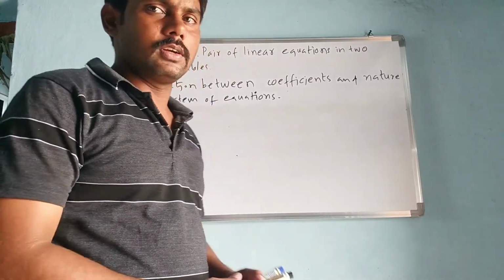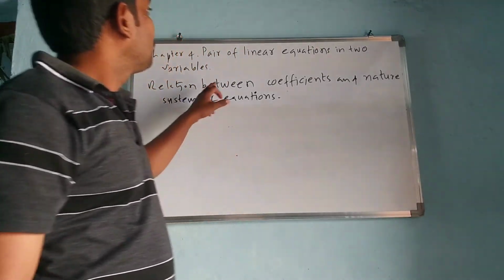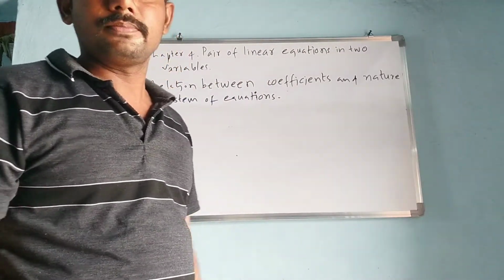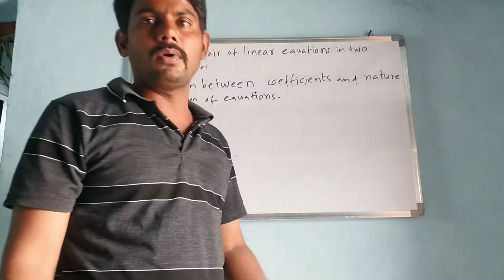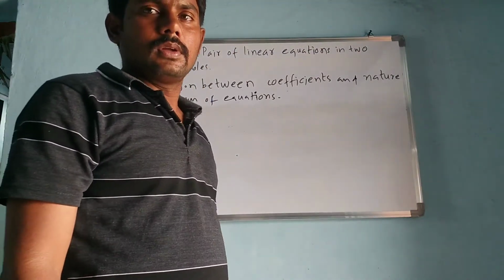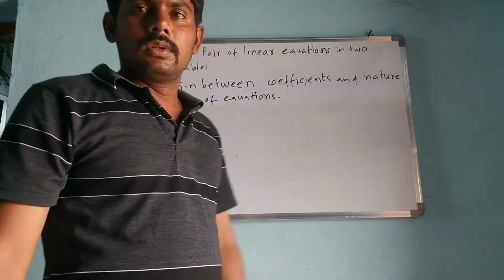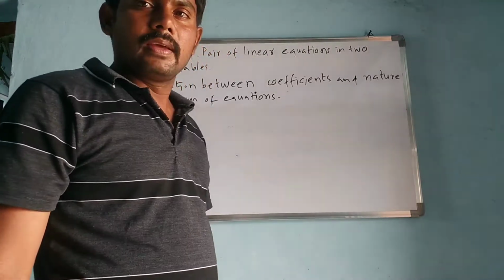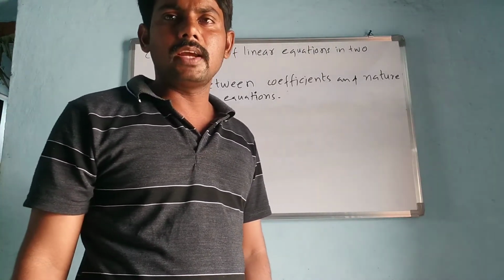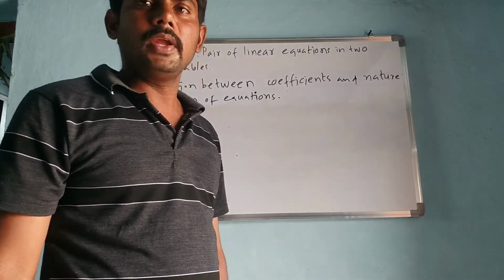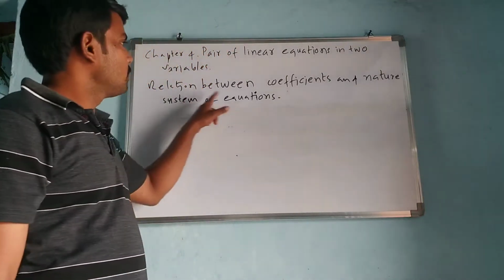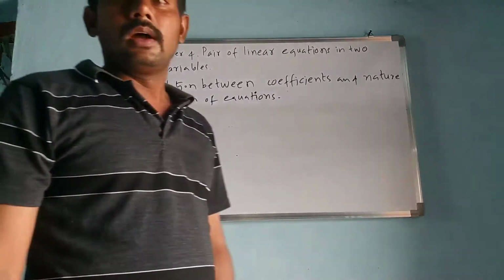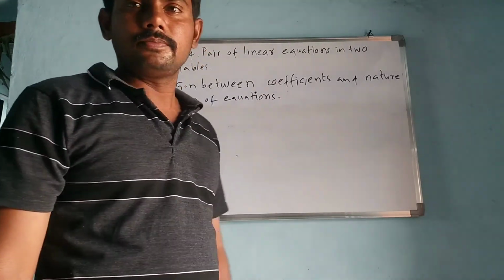So we are discussing chapter 4, pair of linear equations in two variables. So far we learned 4.1 and 4.2, and now in this class I am going to teach you the relation between coefficients and nature of system of equations. So before going to this topic,